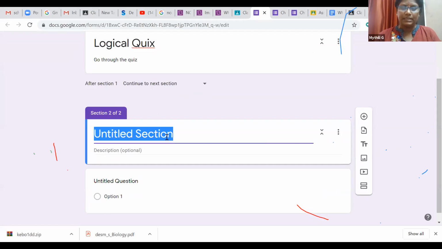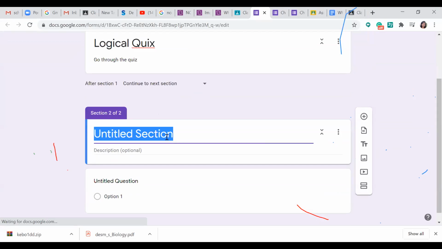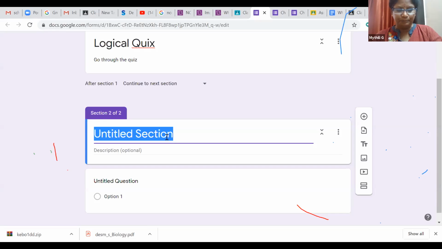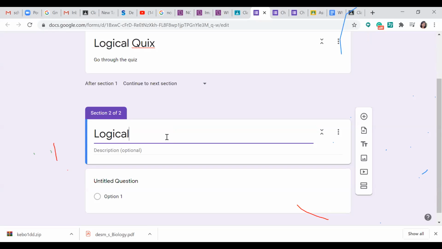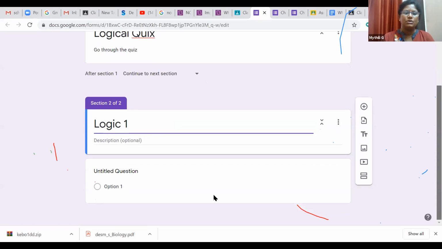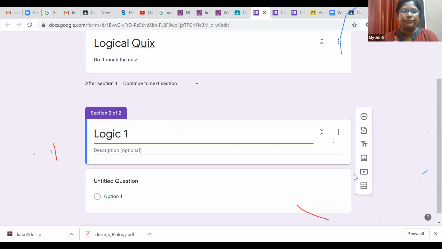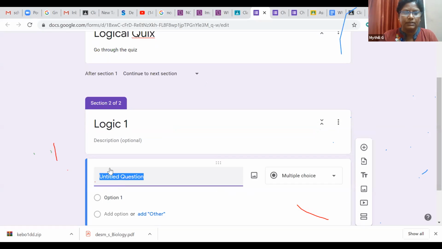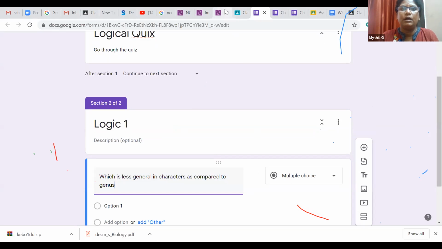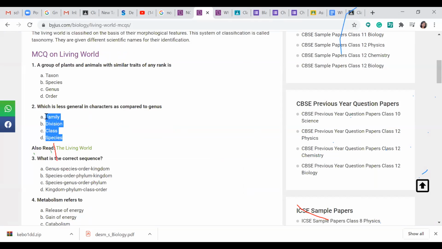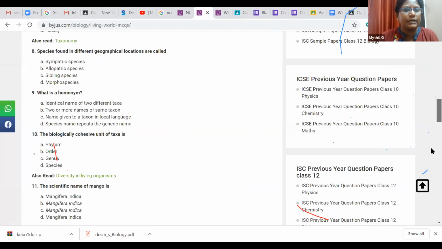Here I will say, for example, section name one. So I will put it like this, and then I'll put the question here. Okay, and I'll come to this place and copy the 4 options, and for this one the correct answer is D.